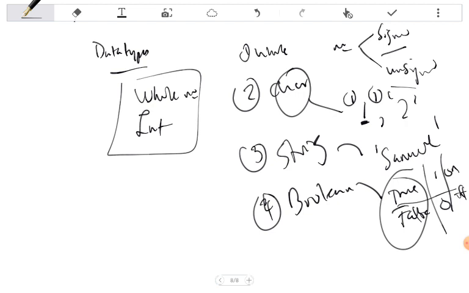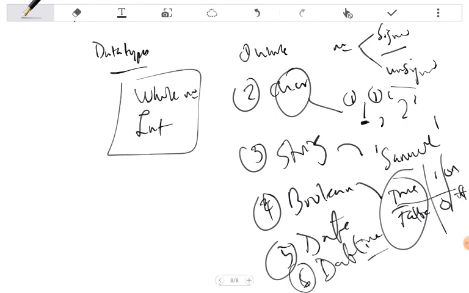Now apart from Boolean, another valid data type is date. Some call it date, and others call it date time, although they are different. Date time is the combination of both date and time.